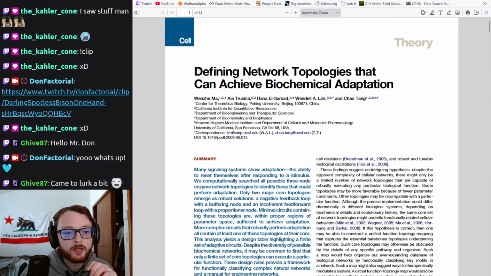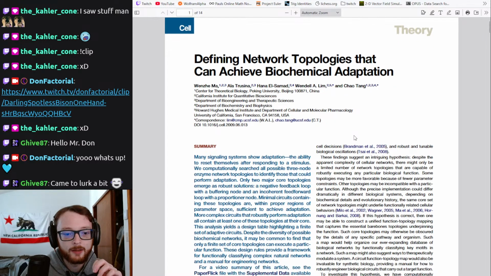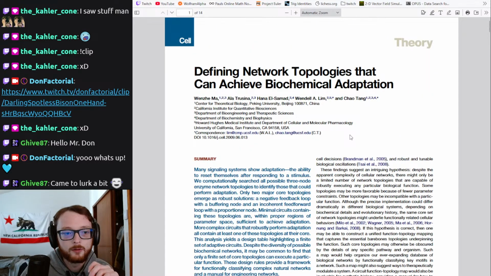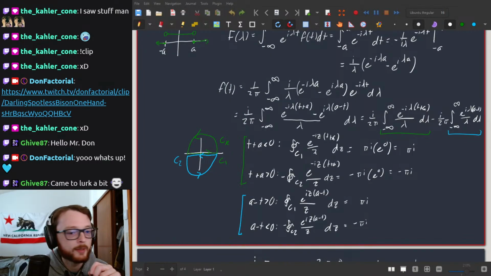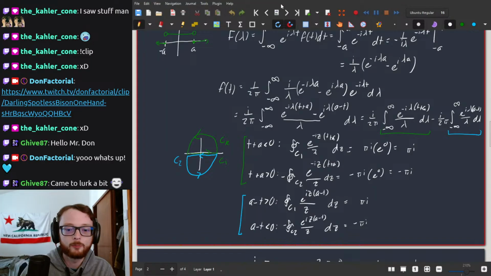So the big plan for today was to go through this paper. I've kind of read it once, but I need to read it again. I think I might save this for a little bit into stream because there is a small task I need to do for a different class. I kind of want to see if I could just get that done quickly. I don't know if it's going to be quick, but